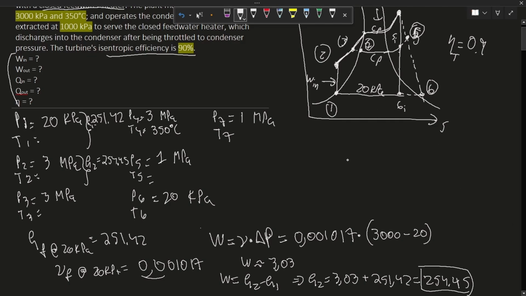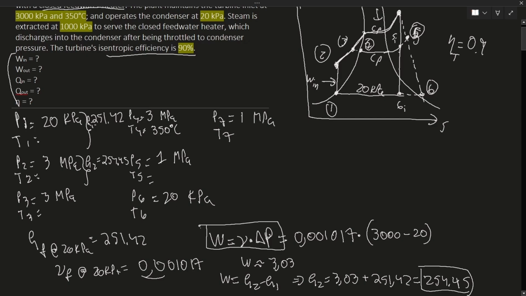Whenever you're dealing with these problems, usually you won't get anything at point 2 to go off of, unlike your other cycles. So you almost always have to use this. Whenever you see a straight line going up, take into consideration this equation to find the H2, okay? Next,